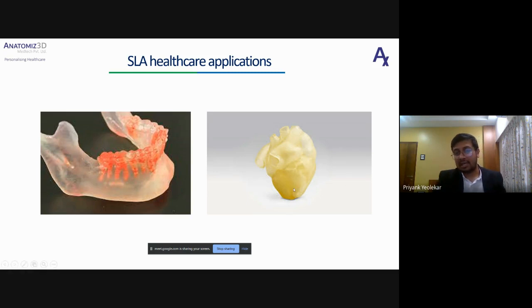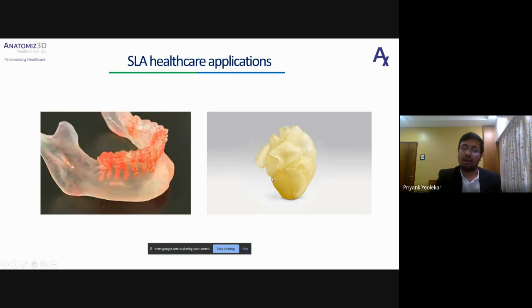The material which I'm telling you about, the heart, is basically an elastic material which comes in different shore hardnesses. Shore hardness is nothing but the flexibility of your elastic material. As the shore hardness increases, your flexibility decreases and it becomes more and more rigid. The one which I'm showing right now is printed with 50 shore hardness.